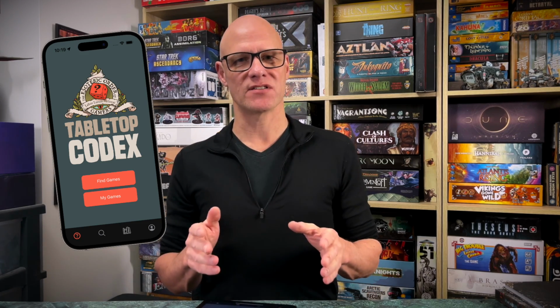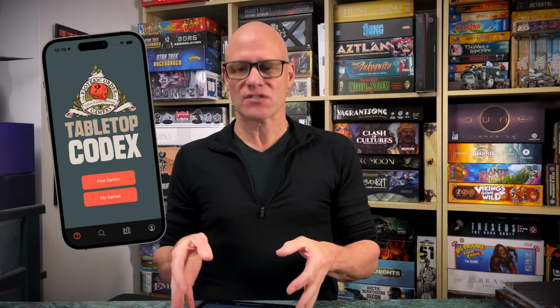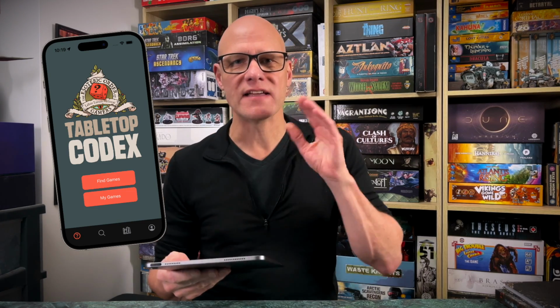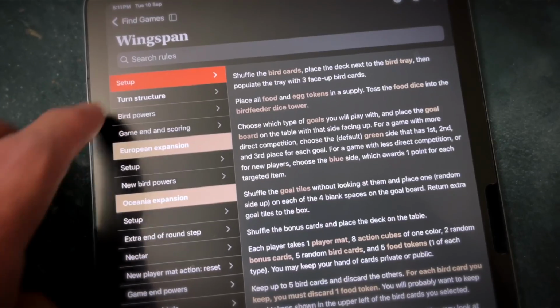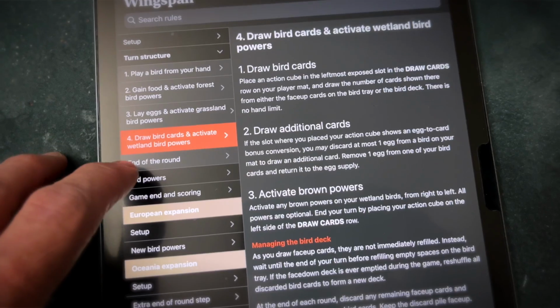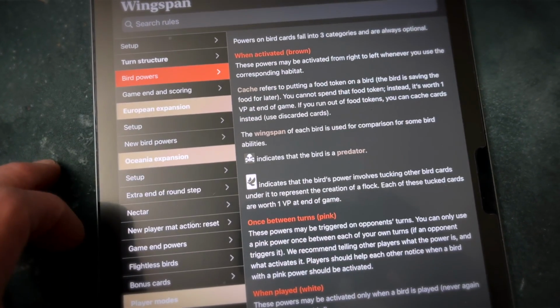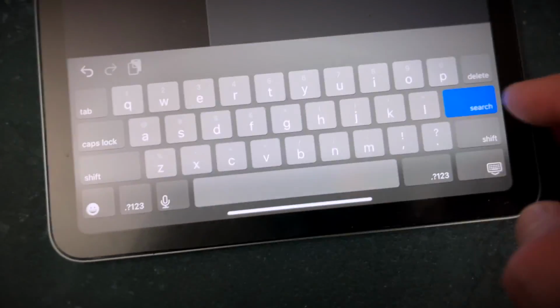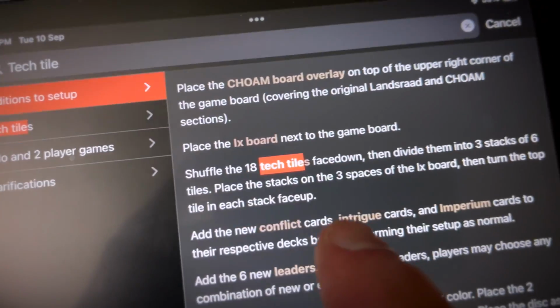It's taken a lot of work to get it to this point, but I think that it's a really amazing, useful app. And it's not only because it uses the specially written summarized rules, which don't leave any rules out, I should point out. It's also because it organizes all the information of a game into fantastic, easy to access sections. And everything is in a really logical format, which is the same for all of the summaries that I make. So you'll very easily be able to not only learn games from scratch, but also refer to rules during a game. It's got a fantastic search function, so it's super easy to find a search term in the relevant section that it belongs. It's really fantastic.